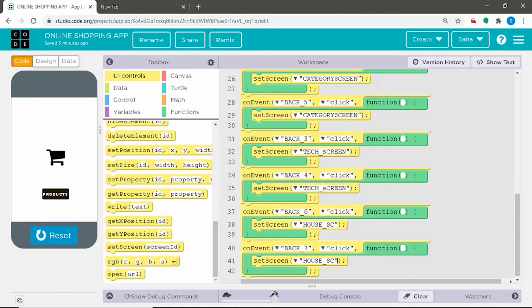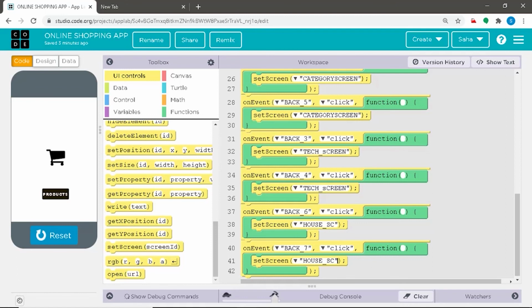So right from the products button to technology, households, and again in technology, laptop and camera, in households, book and key, to all the different back buttons, we have defined all our buttons and made sure that no other button is left, except for the buy button, which on clicking can redirect you to another link of any shopping app where you can actually buy the product, which is up to you.